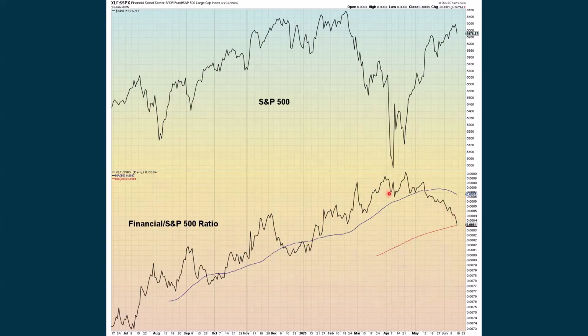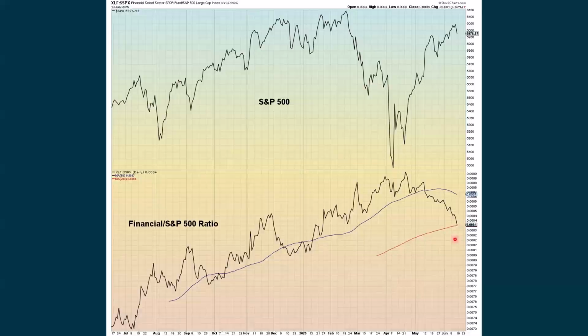I've been showing this chart in the daily videos because we're coming all the way down to the 200-day moving average with the ratio of financials to the S&P. And it's like this has been dropping off here. And what's going on? We're not really seeing anything in other charts. Some of the other charts that we look at that have to do with the financial sector, they're looking okay for right now, but we are seeing an underperformance. Is this just more short term and it's going to improve? Or is this trying to give us early warning signs that maybe something is not looking as good in the